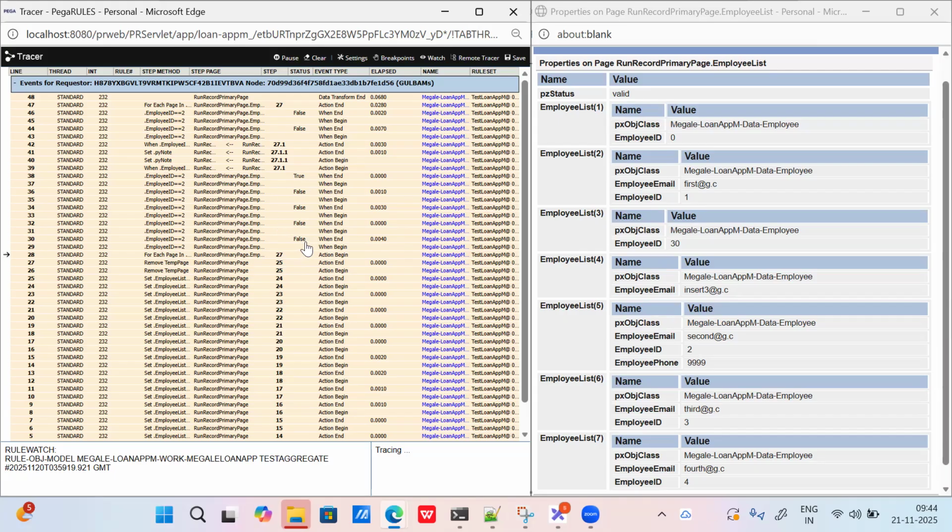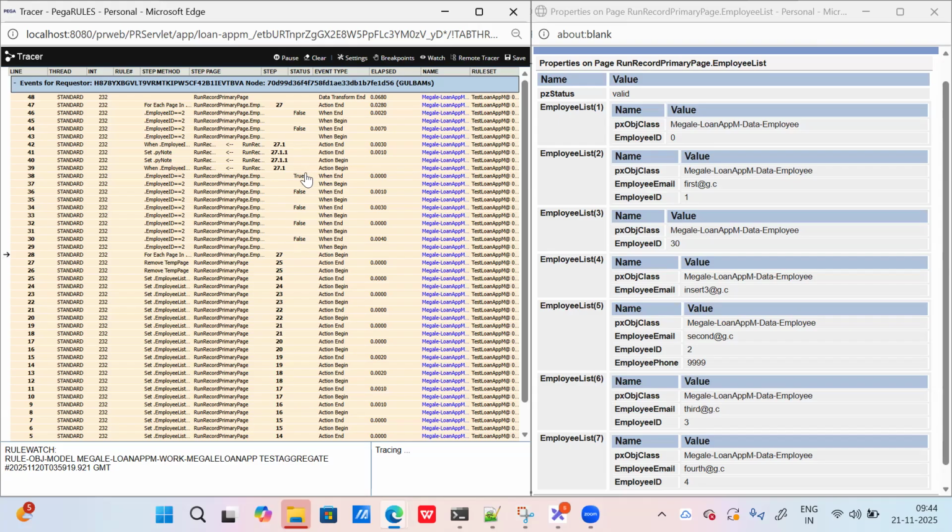So if you see, my first thing is false, second is false, third is false, fourth is false, and at the fifth one, it returned true, because the fifth value has employee ID equals 2. This is very clear. And for each and every record, this is one of the important aspects, please write it down.